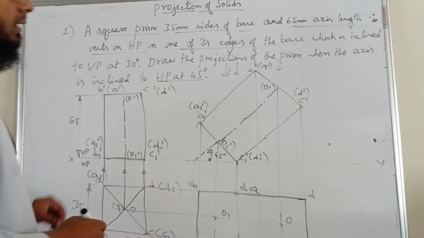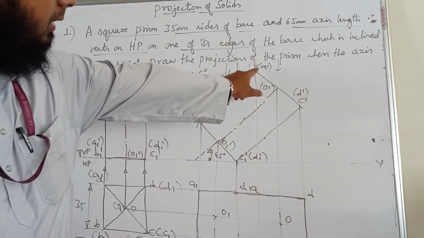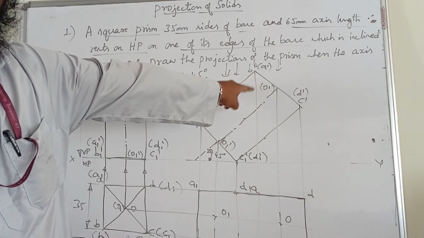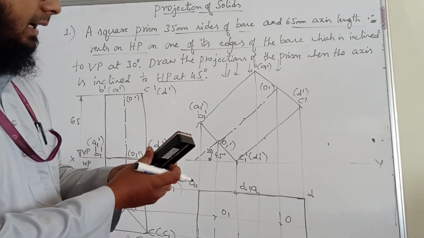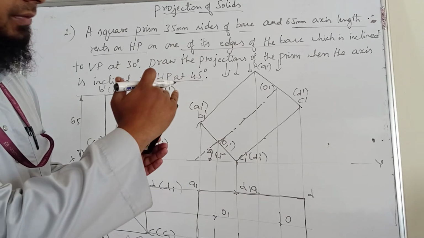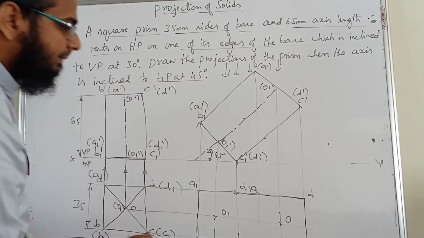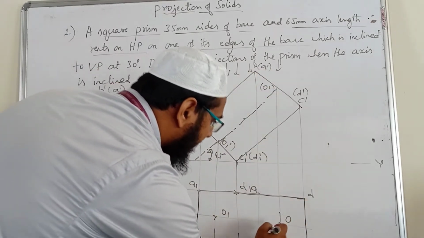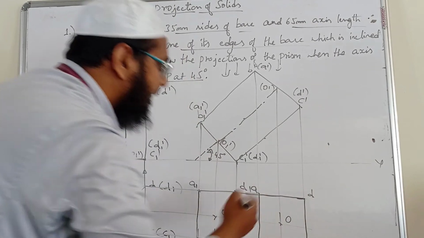Looking from the top view, you can see in this diagram we are clearly able to see the top face of this prism, right? That is the top face. It is visible like this, inclined like this. We are able to see this face exactly from the top view. So this pair is visible, so we can join this ABCD. That is the square we get.